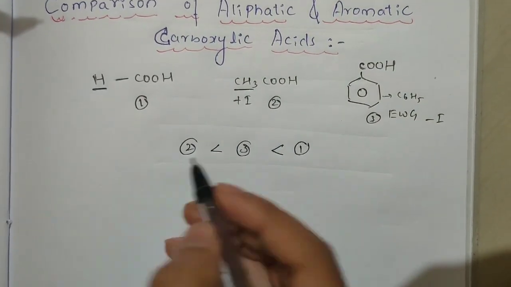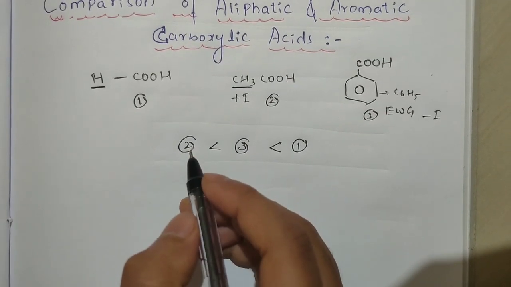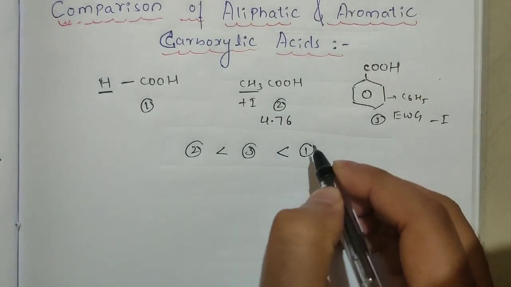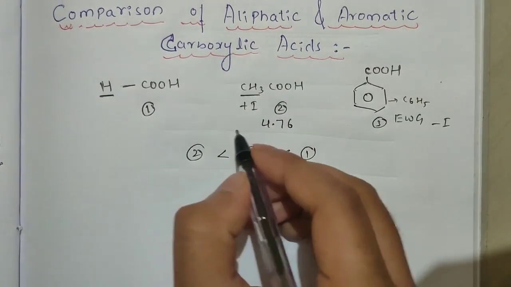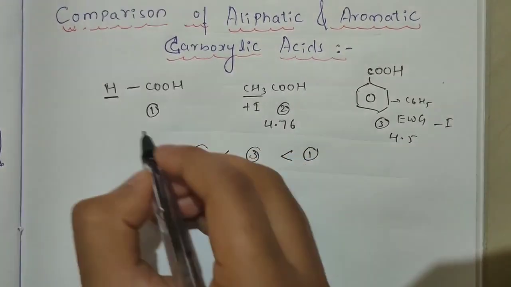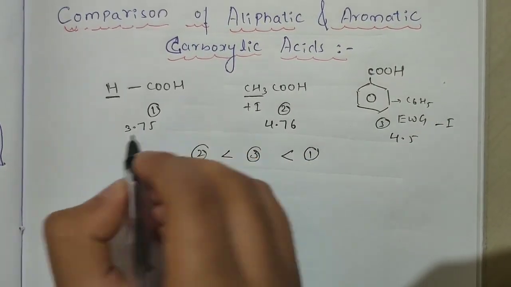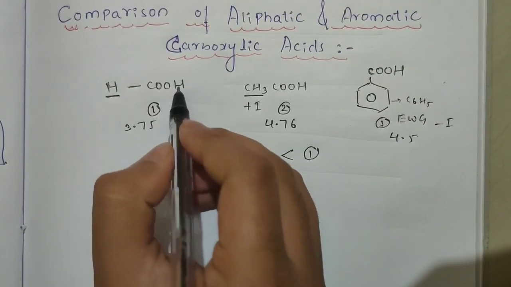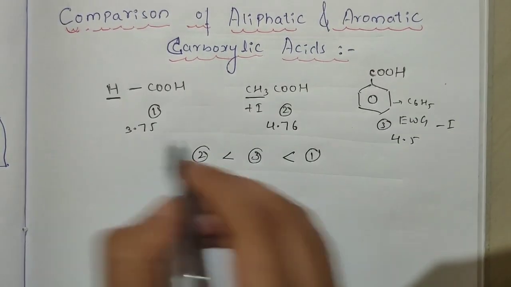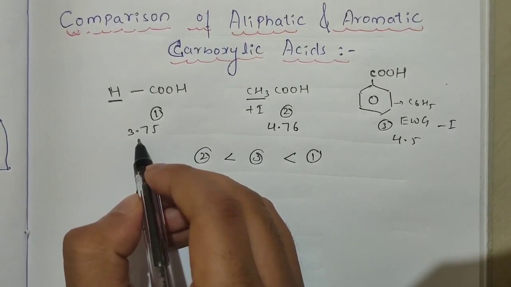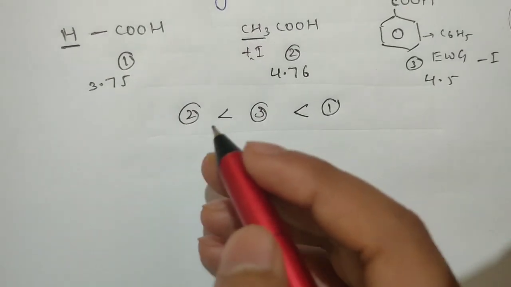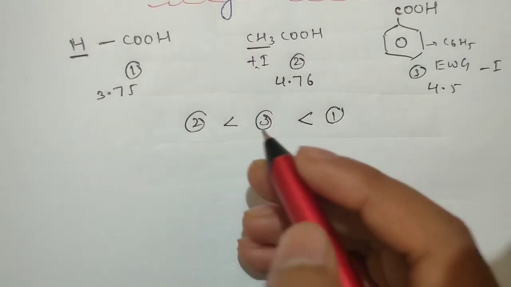So I am going to give some of the pK values in order. For acetic acid the pK value is 4.76, for benzoic acid 4.5 something, and for formic acid it is the least one, 3.75. I have already discussed the formic acid pK value. So now I am going to assign it here also. You know that the lesser the pK value, the higher the acidic strength. At the end of this video I have given a pK chart with respect to these compounds for your reference.